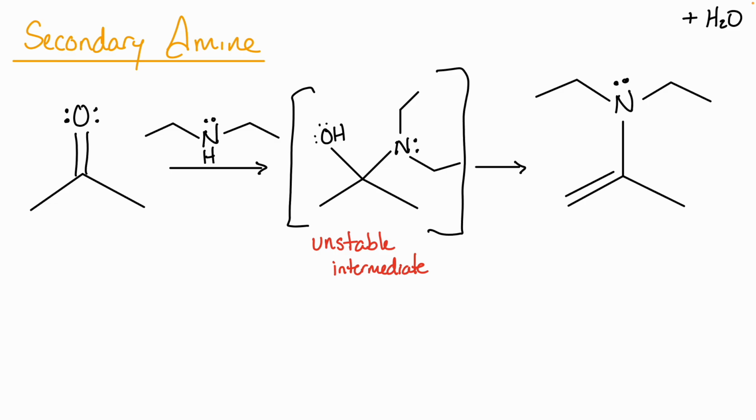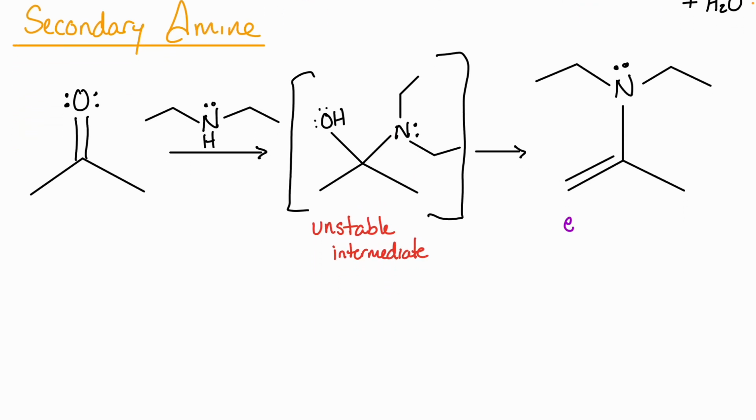All right, so instead of an imine, we get what's called an ene for that carbon-carbon double bond, an enamine product. All right, again, ene because we get this carbon-carbon double bond, and amine because we have that amine group on there. All right, and then lastly, if I have a tertiary amine,